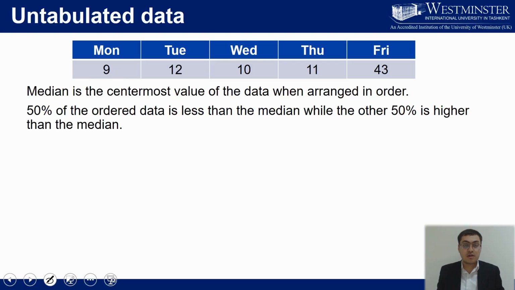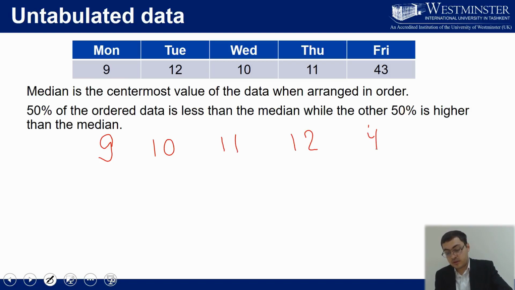So let's get started and put these in an ordered list first. So we're going to start with 9, that is the first smallest number. Then we go with 10, then 11, then 12, then 43. Right. So straight off the bat, you can see, because this is just 5 numbers, that the centermost value is